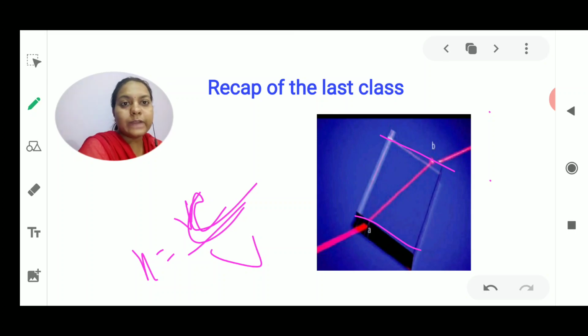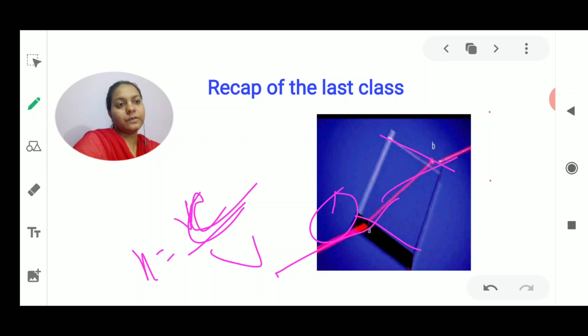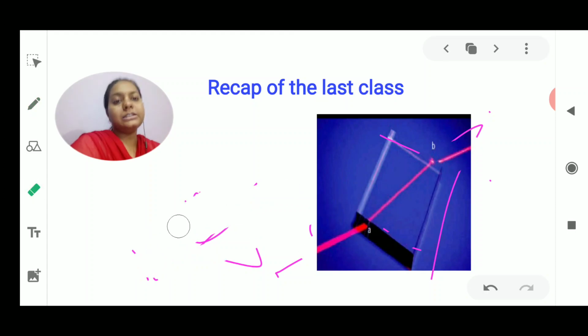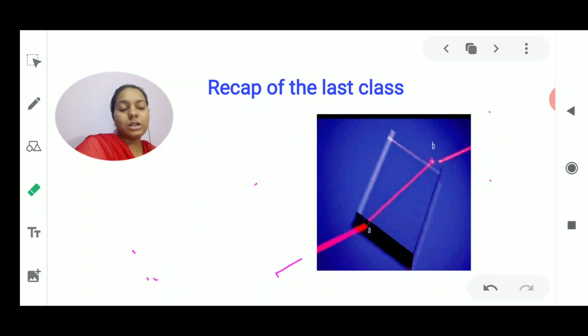If the refraction is taking place in the glass slab, you could see that there are two places at which the refraction is happening. This is the first boundary where the refraction is taking place when the light is moving from the rarer medium to the denser medium. Then one more time the refraction takes place when it is moving out from the glass slab. So all these things we have discussed in detail, about the refraction of light through the plain rectangular glass slab. Okay, so this has also proved the laws of refraction very easily.